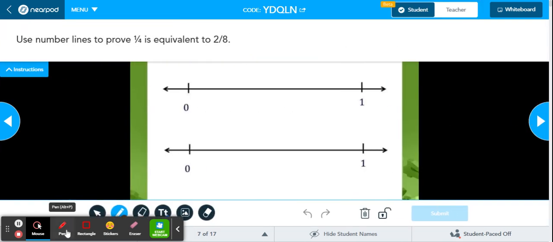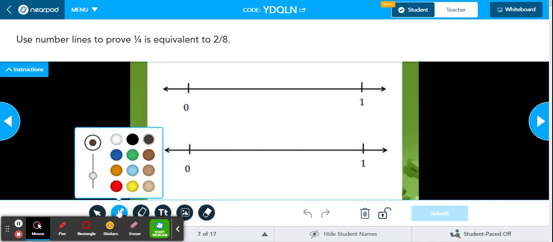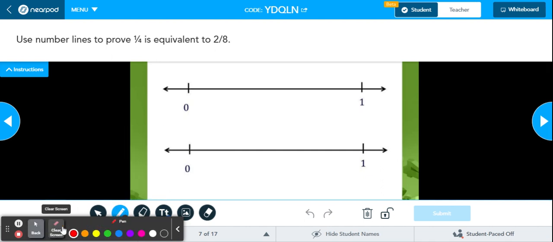And the most important thing when we're doing these, I think, is that we want to make sure we're being as neat as possible, which if you're like me, is kind of hard sometimes. But it is important with number lines because we can really skew our results, make them look different than they should if we're not being extra neat. So we're going to prove here that 1/4 is equivalent to 2/8,